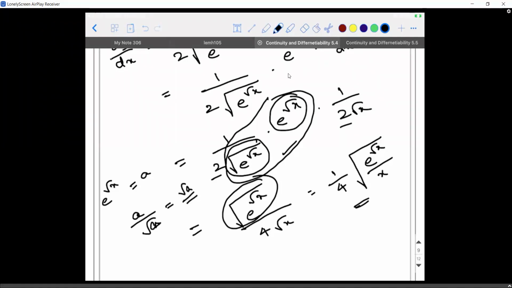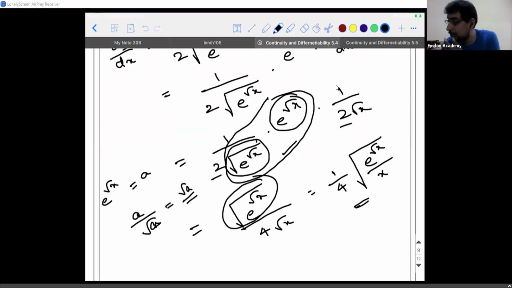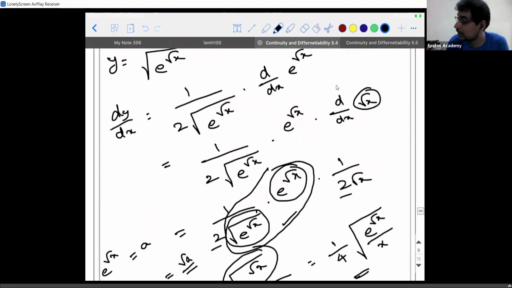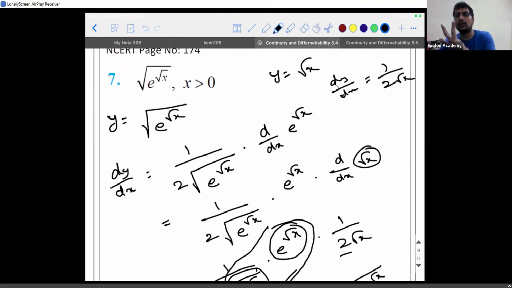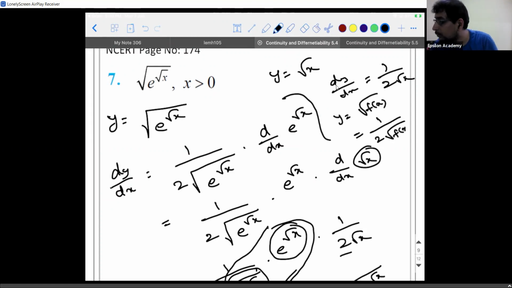Okay. So the first step is you asked me about the derivative. Mithun, you are asking me about the derivative of root. See, y is equal to root x. So what is the derivative of root? It is 1 by 2 root of x. In the sense, wherever root of f of x is there, I'll put it in a more elaborate way. If I have root of f of x, then I'll get 1 by 2 root of f of x into f dash of x. That's it.